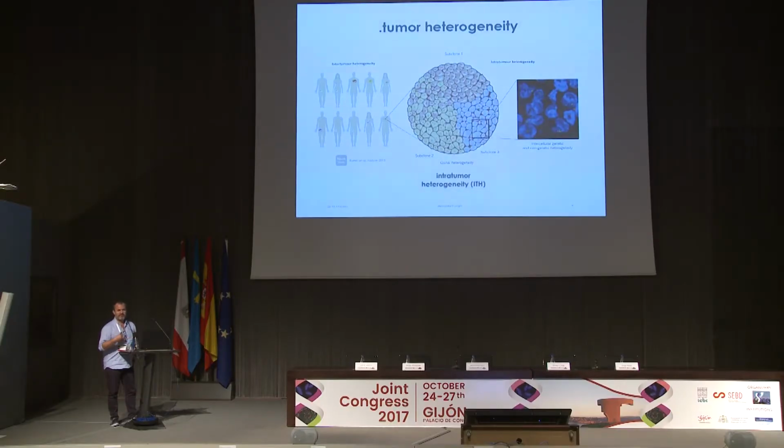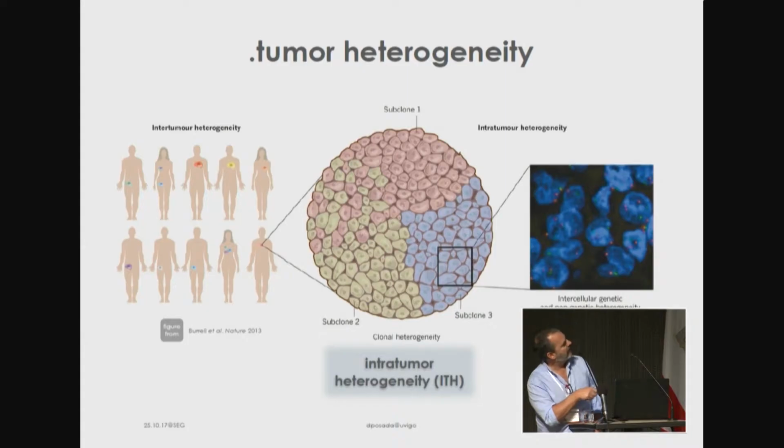And of course, the process of selection, this competition, also means that within a tumor, there is intratumoral heterogeneity. We have different clones. Now we know this, the more power we have to explore the genome, okay, with sequencing technologies, the more we see that there are many differences among different cells in the genomes of the tumor. And we also know that there are functional differences in these clones.